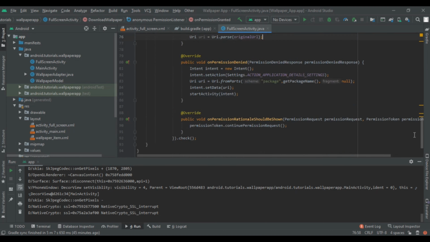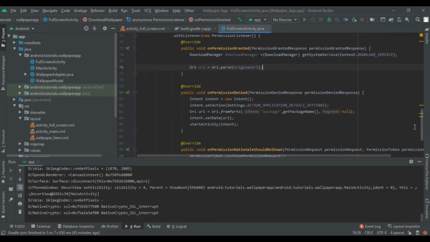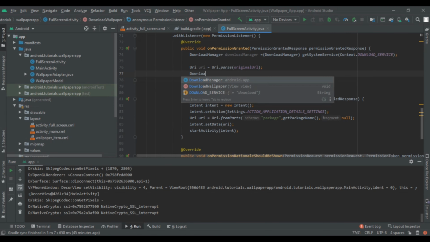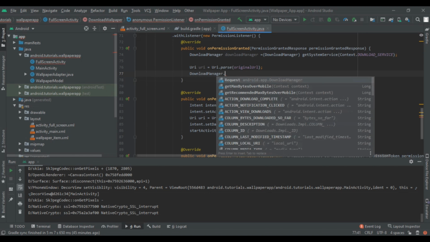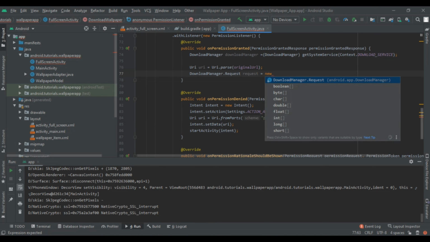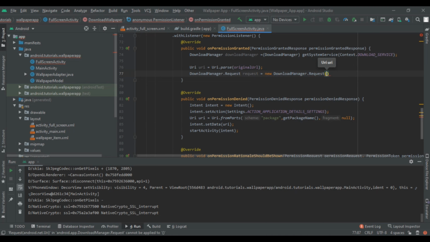So we are going to download that image. Then we are adding the download manager request. So DownloadManager.Request, new DownloadManager.Request and pass the URI.